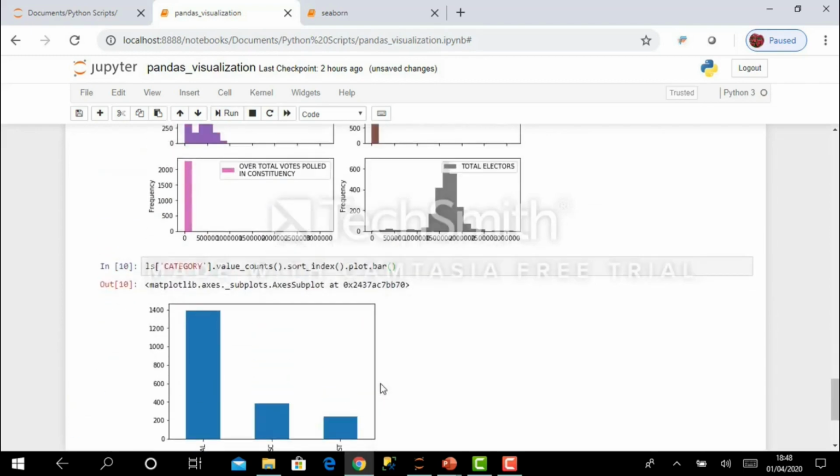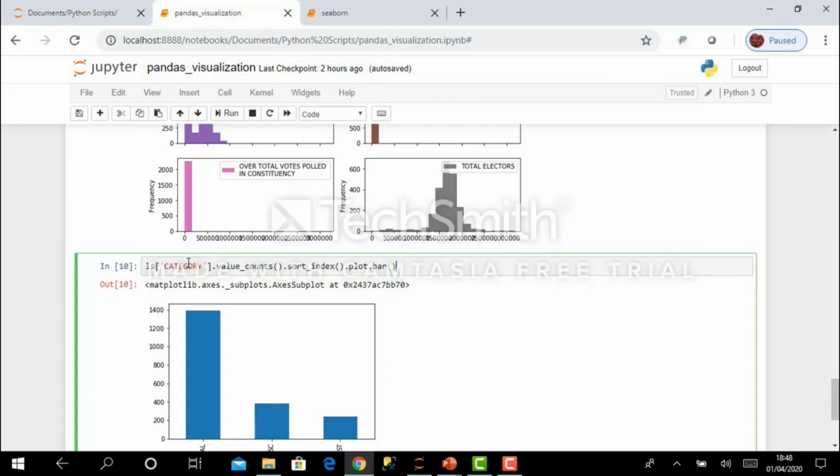If you see here, it is a bar graph. As I told you earlier, a bar graph is similar to a histogram, but the histogram is for numeric values and calculates the frequency, while in a bar graph we generally have categorical values, and for each possible value it generates the number of occurrences.